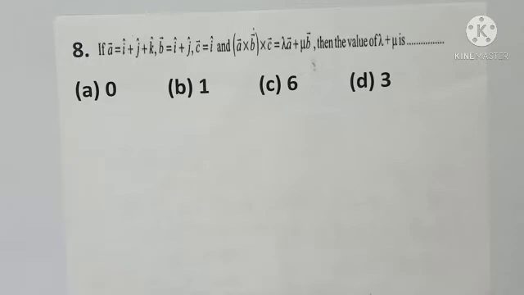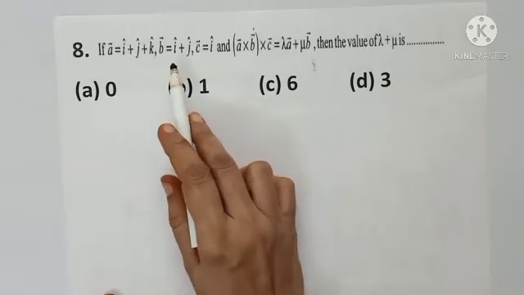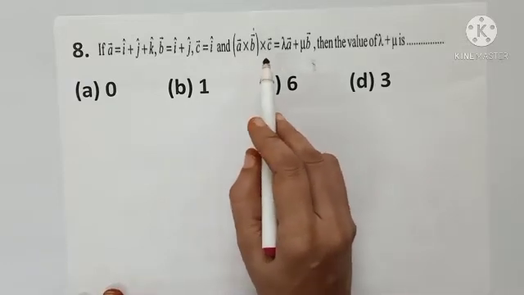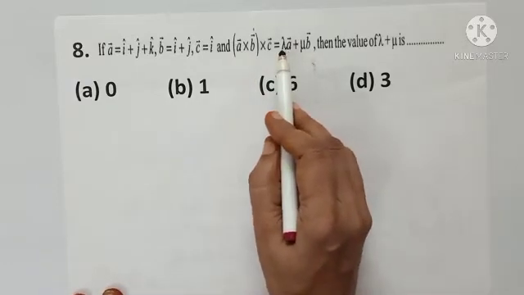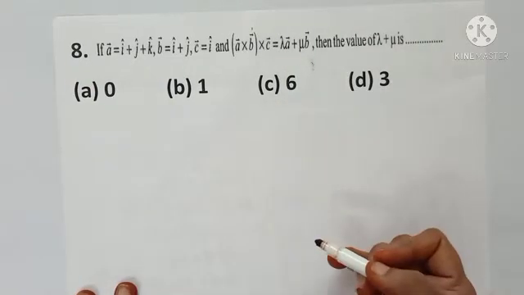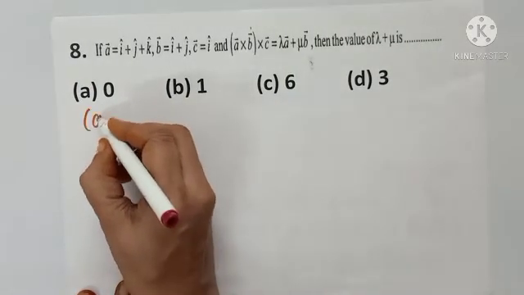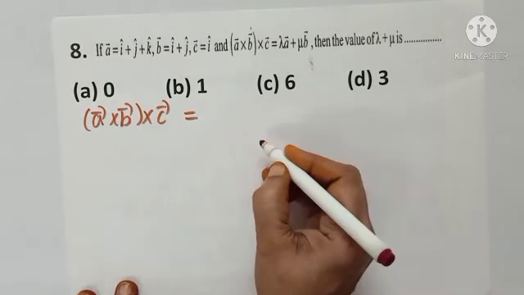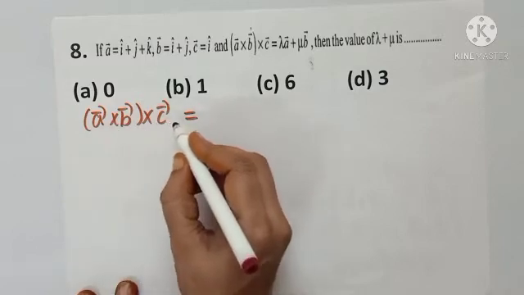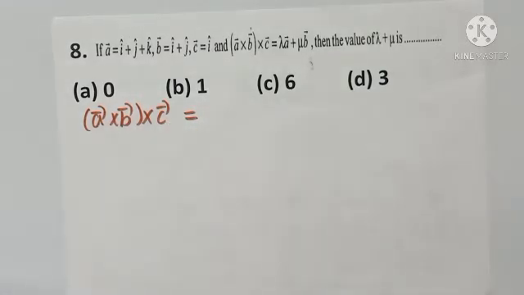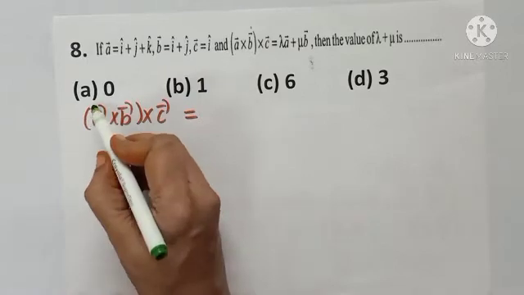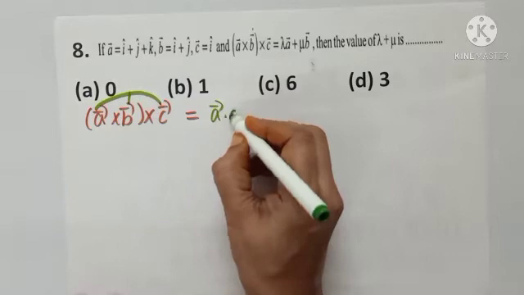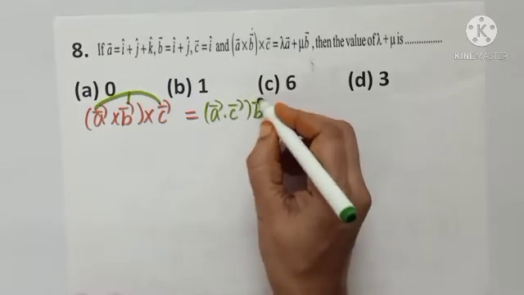Question number 8. If A vector, B vector and C vector are given and A cross B cross C is also given, we need to find out lambda plus mu. What is A cross B cross C? Let us first find out the formula. A cross B cross C. We put the arrow mark. A dot C into B, so I write A dot C into B minus